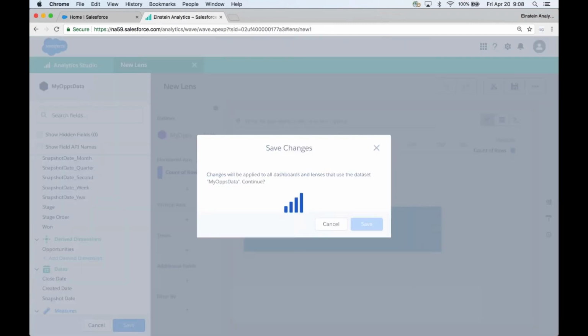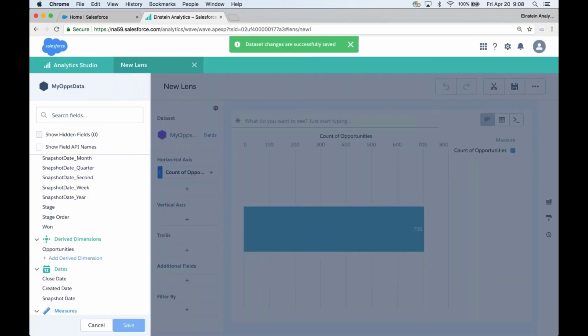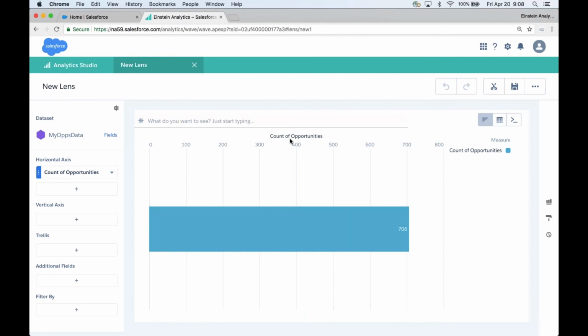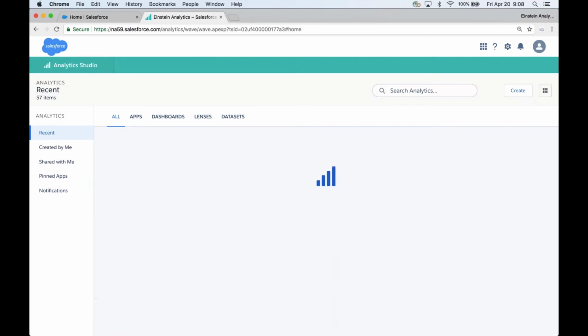When I hit save, I get the same alert, letting me know it's going to affect everything. And when I exit out of this interface, you can see now, instead of count of rows, I'm looking at count of opportunities. Now, that was a very specific tactical set of tasks you had to go through. That's what you have to do to enable this. I just wanted to show that to you because if you had not seen that, it's unlikely you'd be aware that that feature is available. And it's certainly helpful to see that we're counting opportunities rather than just rows or whatever the object name would be. So now